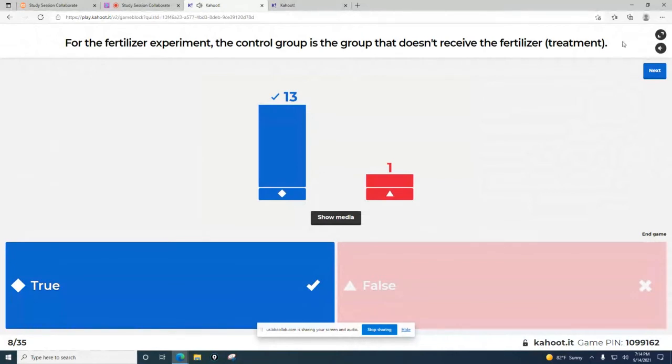Okay, very good. So remember, we just talked about it. The control group typically is your group that doesn't receive your treatment or whatever you're investigating. So in this case, it would be the corn plants that don't receive the fertilizer. Our experimental group is the one that receives the fertilizer or the treatment, whatever we're investigating at that moment in time. It looks like the majority of you got that, so good job.